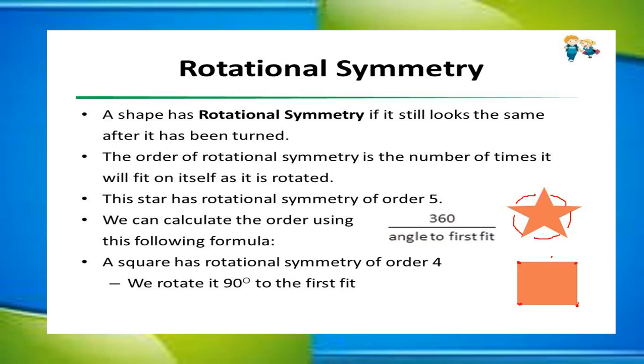That means 4 times we are rotating any square, and by which angle? 90 degrees. So we rotate the square by a 90 degree angle and it will fit as it is, a square. So this is the first fit, then again by 90 degrees, second fit, third fit, and similarly when we complete 360 degrees, we get a figure looking the same 4 times. So we can say the square has rotational symmetry of order 4 and rotation by 90 degrees.